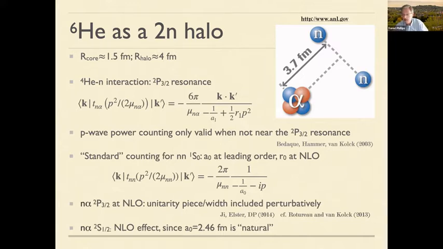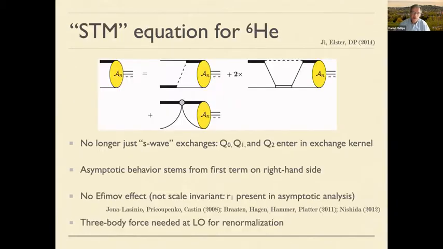At higher orders, we include, as I already indicated, the unitarity correction to the p-wave amplitude. We include the range correction to the neutron-neutron amplitude, and we include the effect of higher partial waves in the N alpha system. So the question that people always ask me is, well, don't those partial waves have a big impact on the structure of helium-6? The answer to this question, as you'll see in a few slides, depends on the momentum scale at which you look. Before I say that, I need to tell you how we reproduce the helium-6 binding energy.